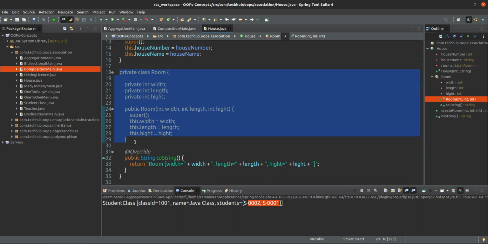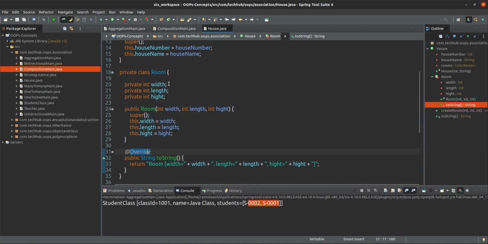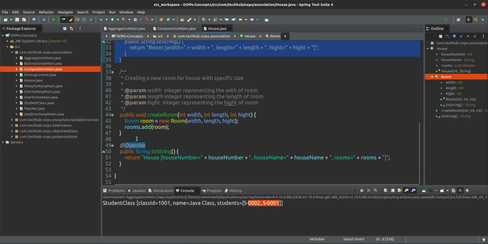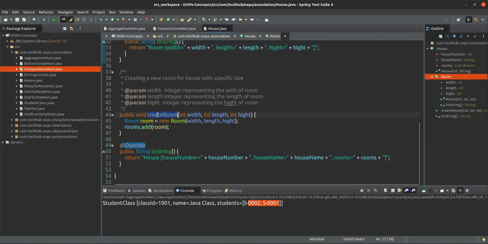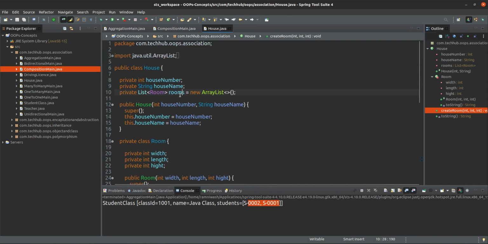So how can this private object be created? We can create it by this create room method only. When we call this method with specific values for width, length and height, we create one room, and that same room we add into the rooms field. So a house can have n number of rooms.